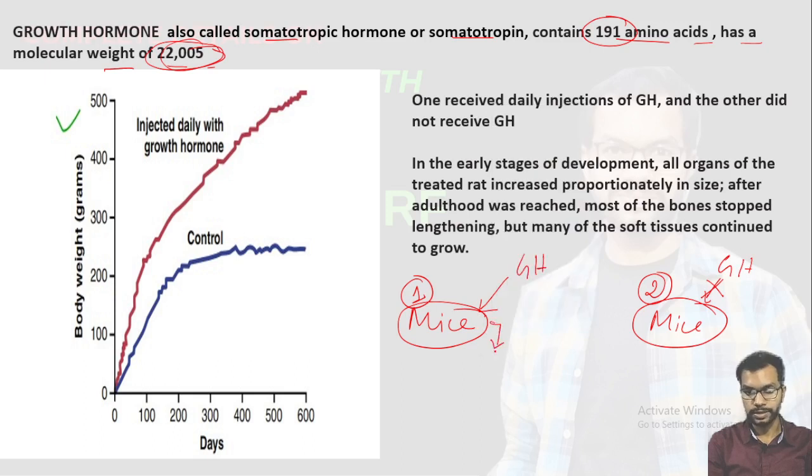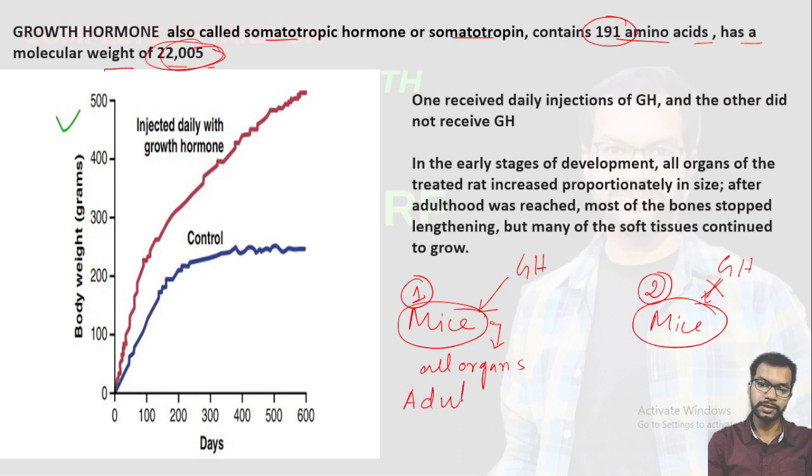The first mouse, during its early developmental stages, meaning after its birth, had all the organs of the body grow proportionately. That means the length of the bone was increasing, the diameter of the bone was increasing, the muscle mass of the body of the mouse was increasing, and the soft tissue was also increasing. But